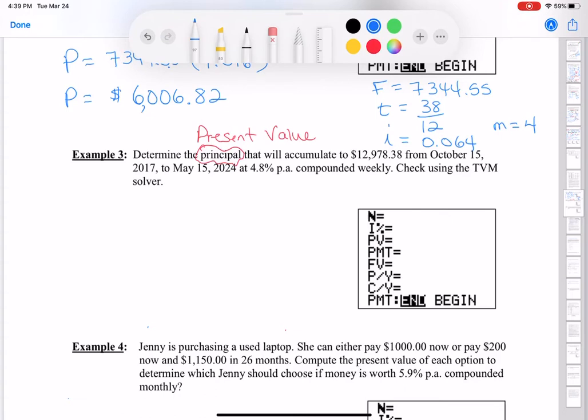And we know from our variables that our future value is $12,978.38. We know that our interest rate is 0.048. We're compounding weekly, and we know that there are 52 weeks in a year, so M is equal to 52. And we have to do a calculation and find time. All right, so